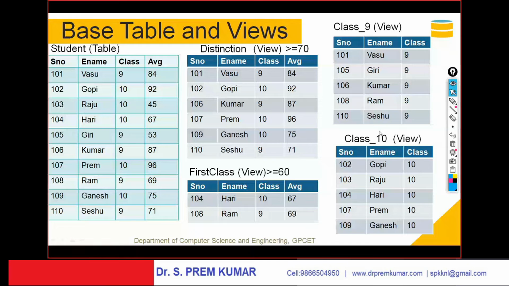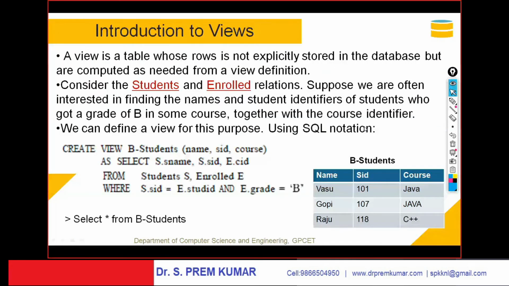For multiple conditions, just as in C language you use the AND operator, similarly, where class equals 10 and average greater than 70, the view will be created with the 10th class distinction students. Using logical operators, you can do that. Views can also be created on multiple tables. To create a view, you should say create view name. This is the command. I'll demonstrate it practically in the laboratory session.